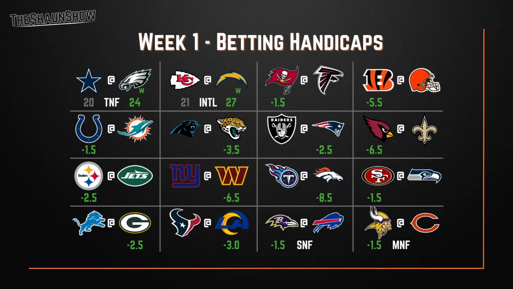I will be taking, this is a tough one, this Steelers-Jets game. Steelers are 2.5. The model does say that they beat the Jets, but it's a funny situation. So we've got Aaron Rodgers coming from the Jets to the Steelers. We also have Justin Fields coming from the Steelers to the Jets.